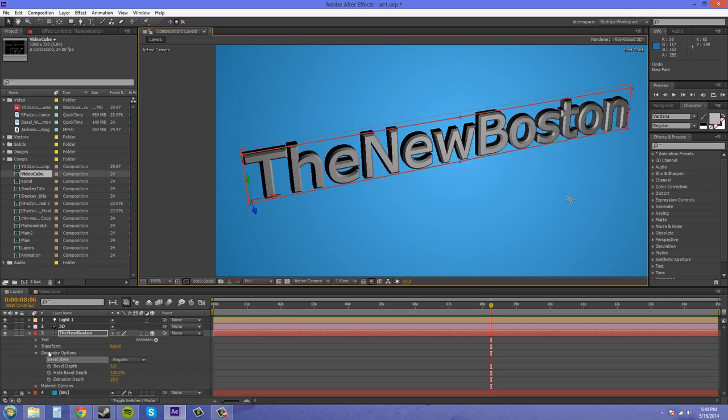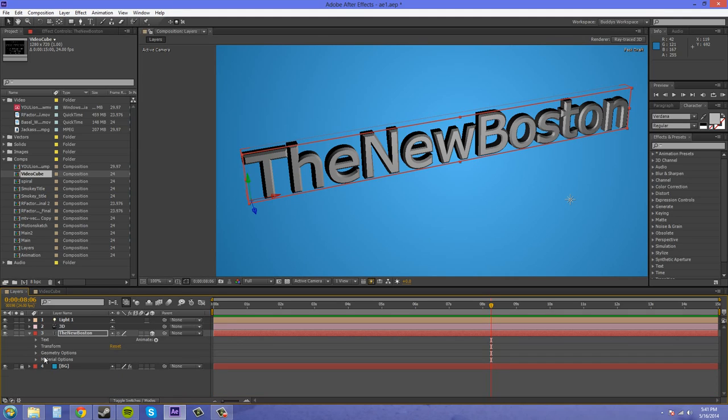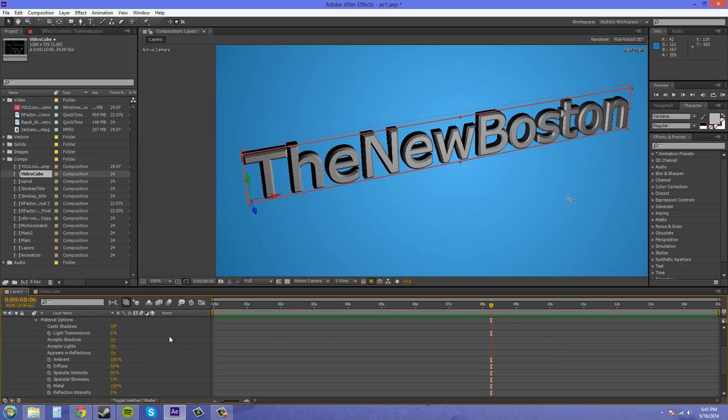So now we have gone over these, besides the hole bevel depth, and this works on things like these holes in the E or the O. If I move them down, just check out how that's opening up there. So that's the hole bevel depth. That's all of these options here I've gone over. Now let's twirl that up, and then we've got these material options, which basically show